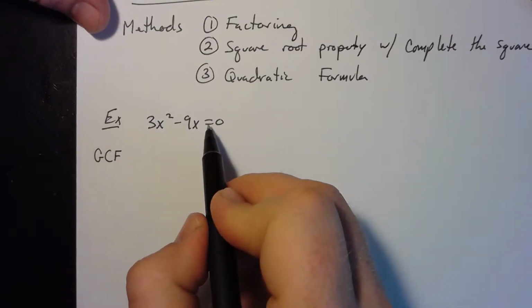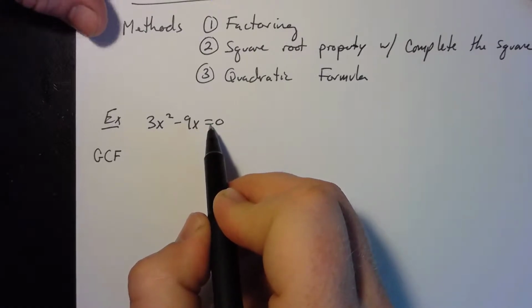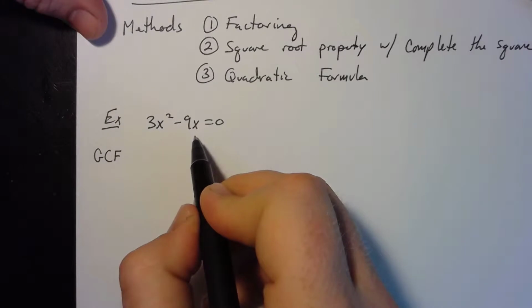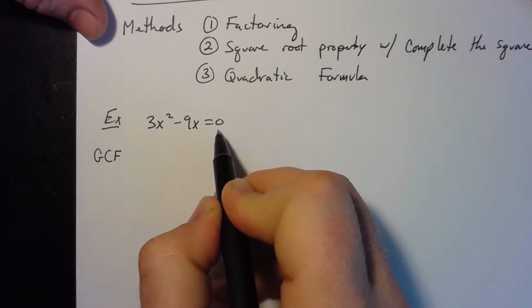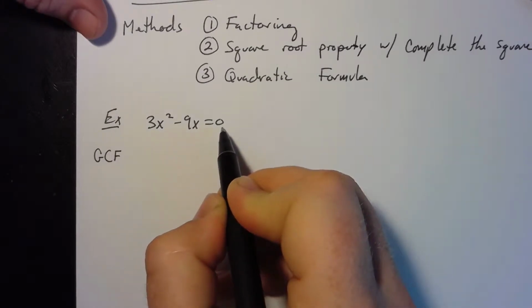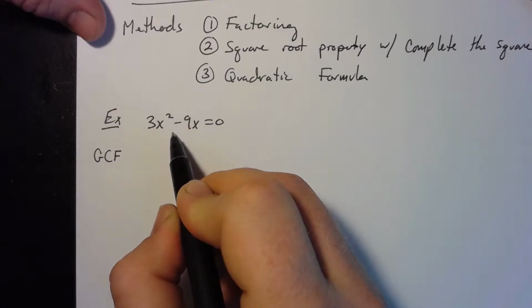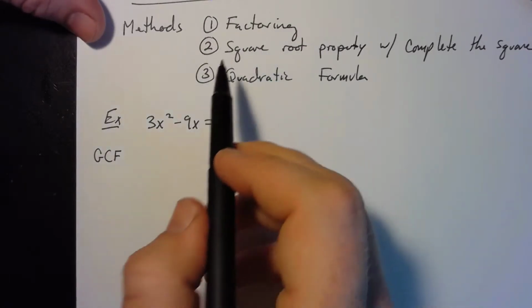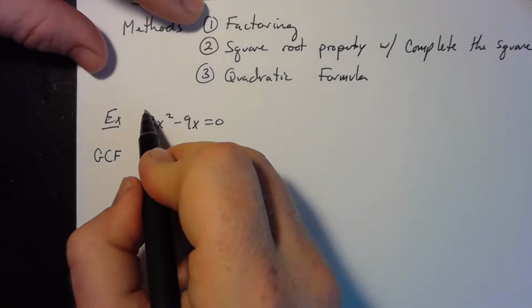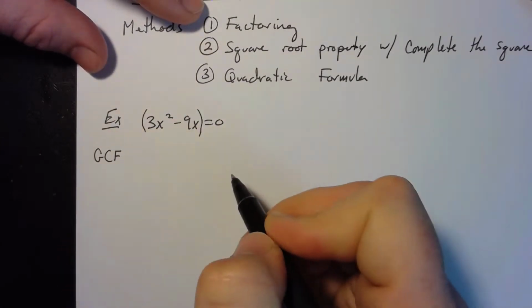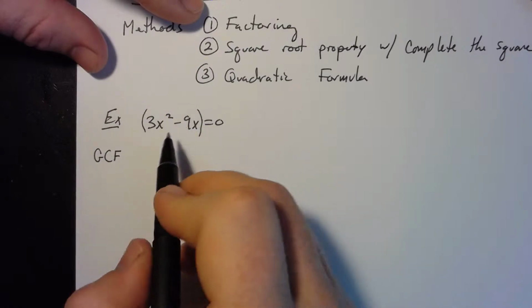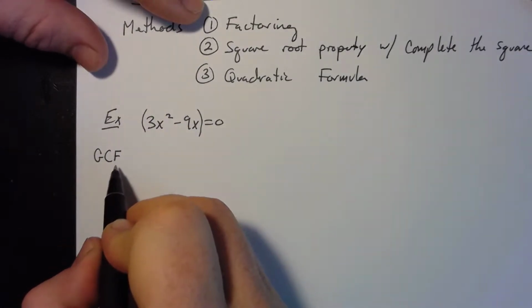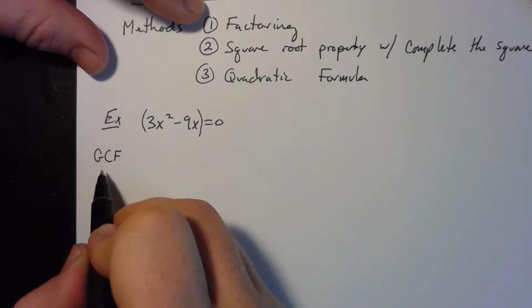Now keep in mind, I'm treating the equal sign as a separator. I am never going to solve a quadratic equation unless it is first equal to 0. Once it's equal to 0, then I may attempt to factor, or square root property, or quadratic formula. Now in terms of factoring, all the terms together, when it's equal to 0, must have something in common for a GCF. If they don't have anything in common for the GCF, then